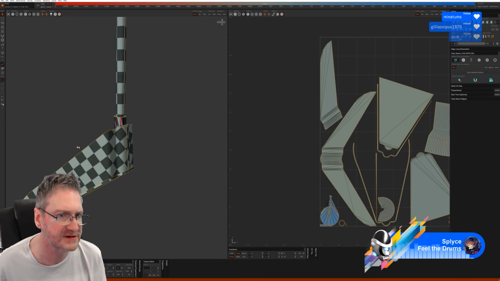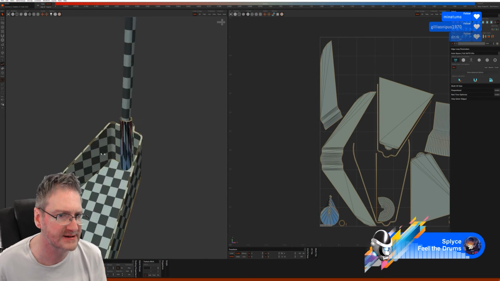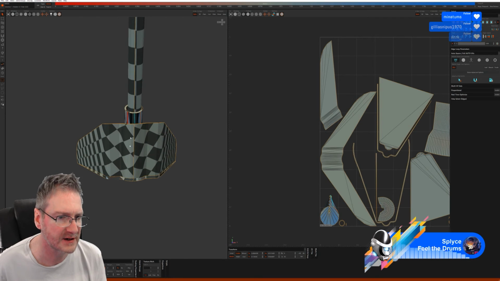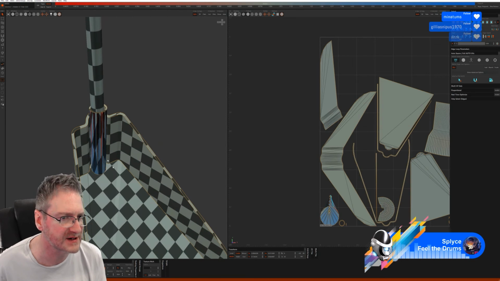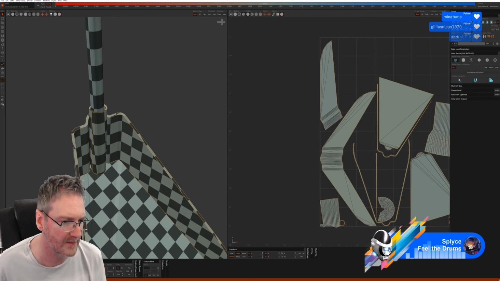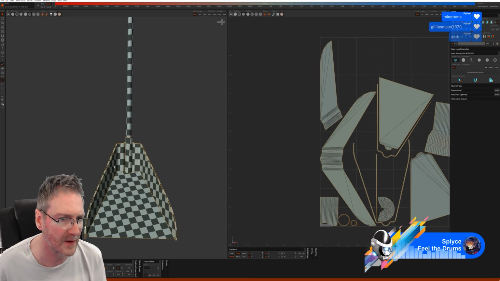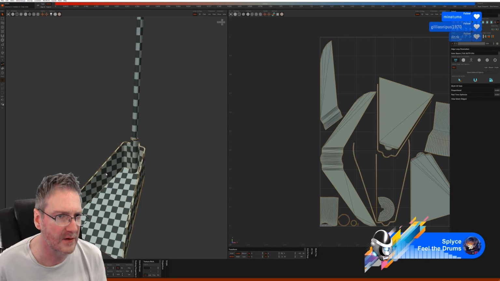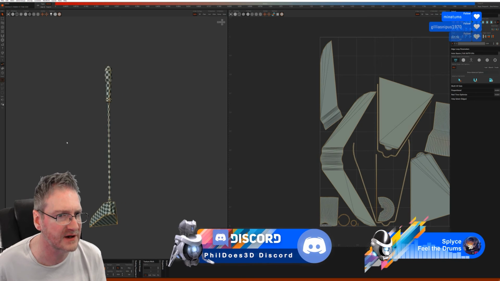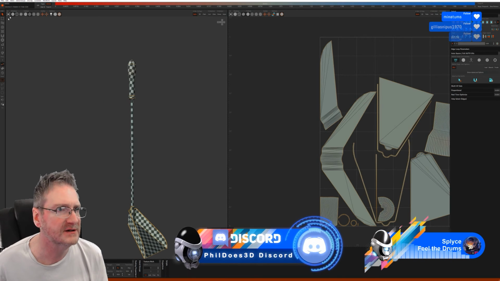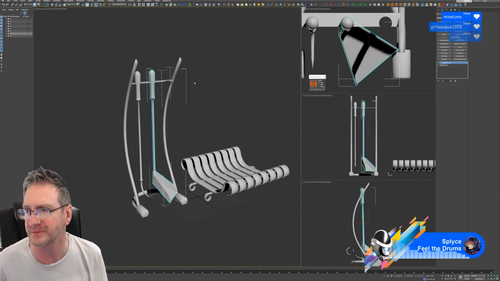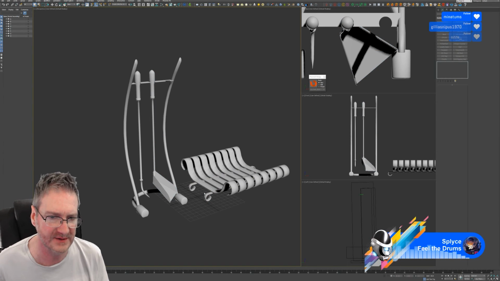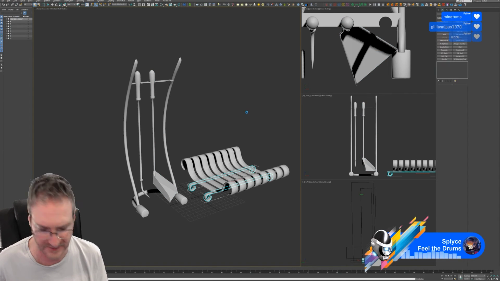Okay, we're having a bit of a problem here because I need to do a cut. Let's do a cut. I have to do a cut at the side so I can see what I'm doing. Alrighty. Most of our cut lines are along the back where they'll never be seen. So let's send that back to Max. Okay, let's work on this piece now. Send that over to Ryzen.